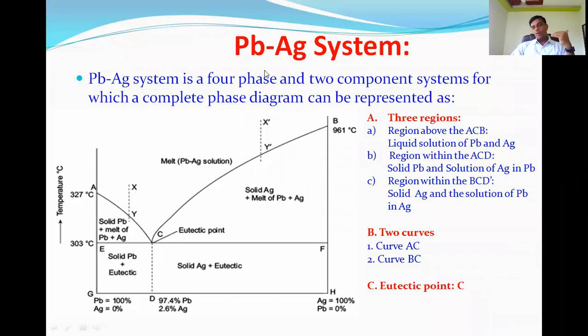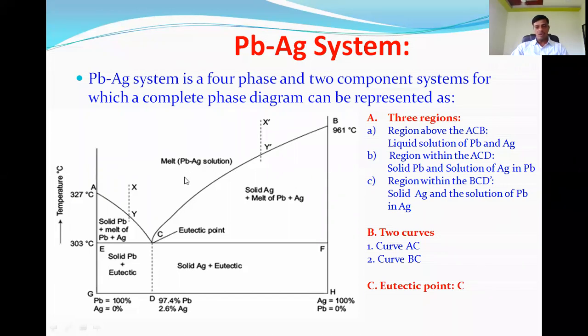Now, before dealing with the lead silver system in detail, let me tell you this lead silver system consists of three phases. One is pure lead, another is pure silver, and third is molten form, solution of